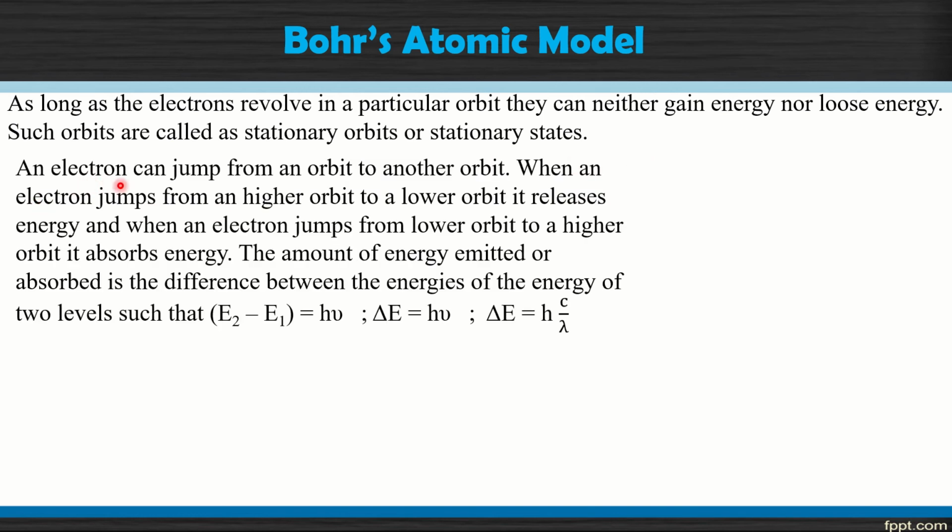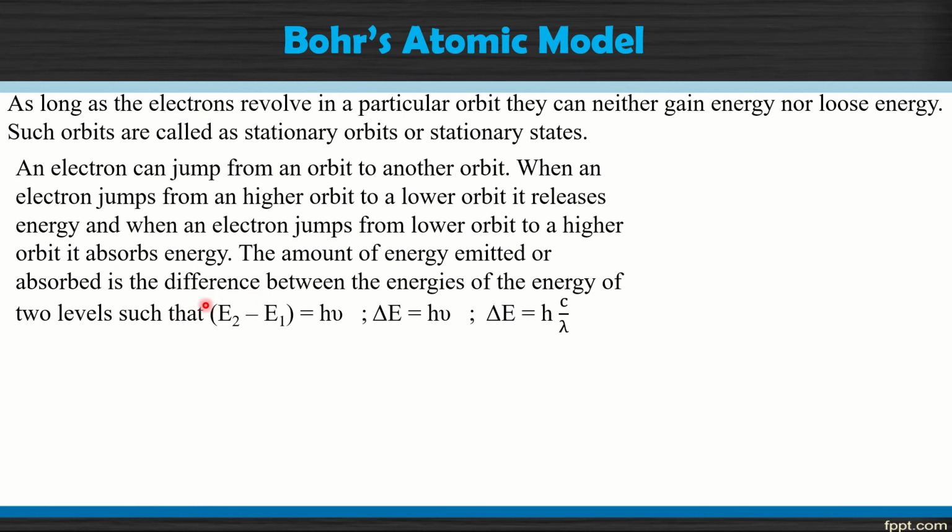But when an electron jumps from one orbit to another orbit, then it gains energy or loses energy. When an electron jumps from a higher orbit to a lower orbit, it releases energy. And when an electron jumps from a lower orbit to a higher orbit, it absorbs energy. Look,